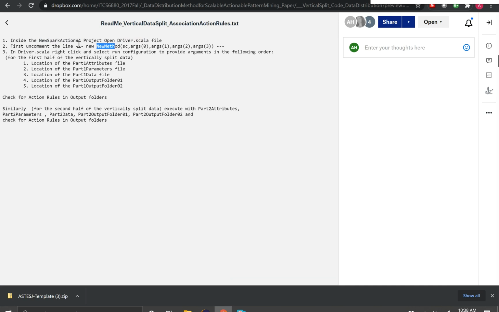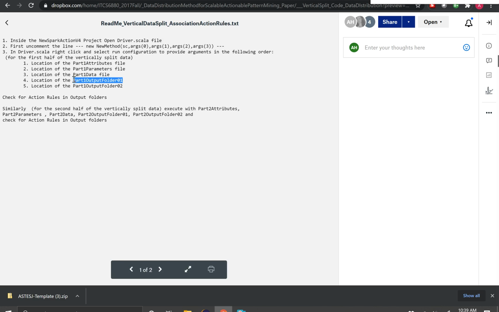This line will be commented in that file, so you need to uncomment this line, and then you have to run by right clicking on the driver.scala file and then selecting run configurations and providing the arguments in the following order. Here the data is basically split vertically. So first we'll provide the attributes file location, and then for the part 1 we give the parameters location and then the data location, and then this is the output folder location.